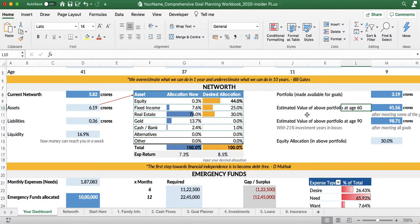This number is dynamic based on the retirement age you enter into the inputs. This will tell you the likely number that you will have at the time of your retirement, which is a combination of the money that you already have, the new money that you will be adding from your savings, and the growth in that portfolio. This also takes into account the fact that you will be paying for some of the goals during the time period from now to retirement, and then from the time of your retirement, you have an estimate of what you are likely to leave behind for someone else in your family, the dependents, the kids,